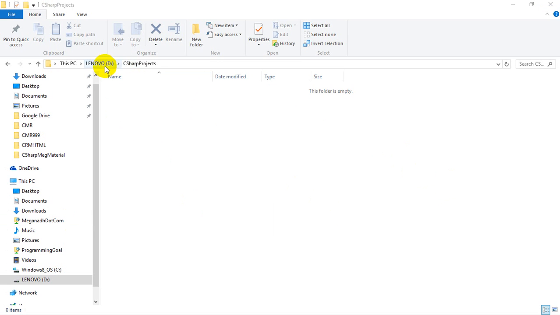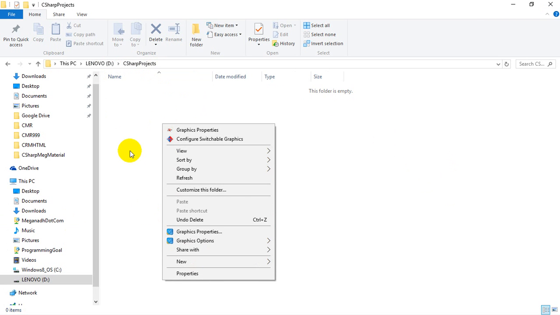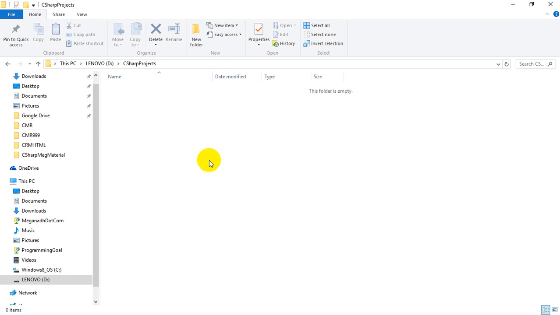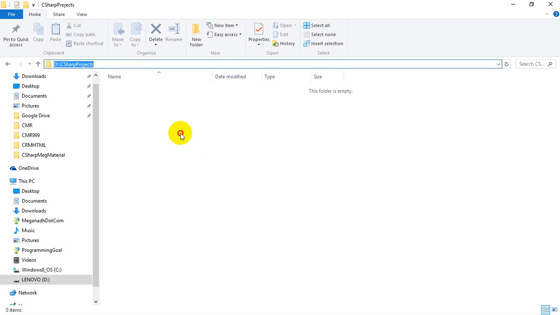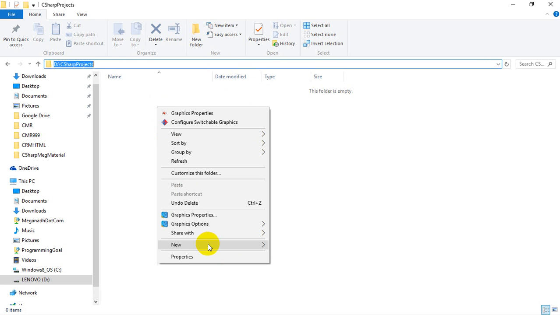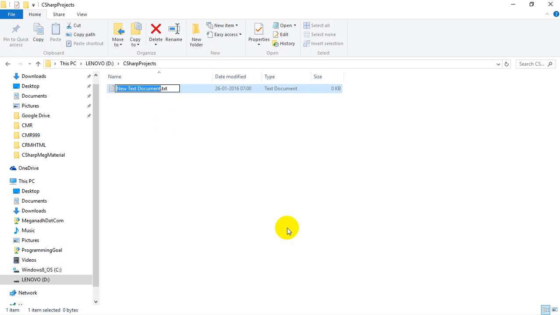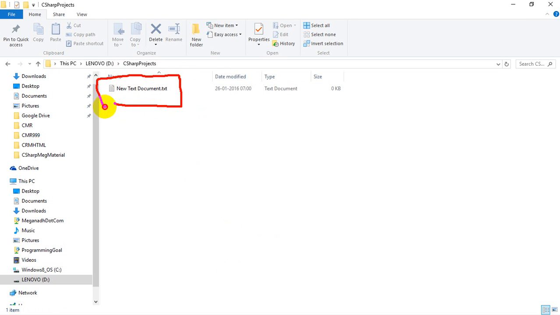Done with creating this D drive C# projects. Now in this folder, I open this folder, and I'm going to create a new text document. Is everyone seeing the extension like this? Everyone create a new text document and tell me, are you seeing the extension?